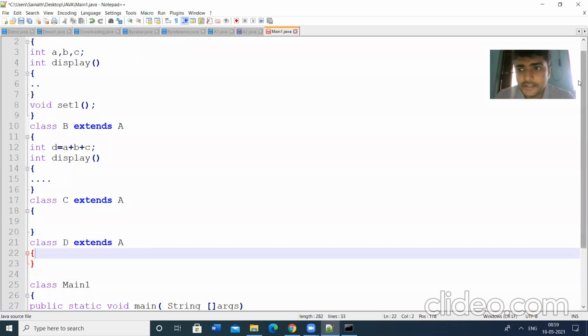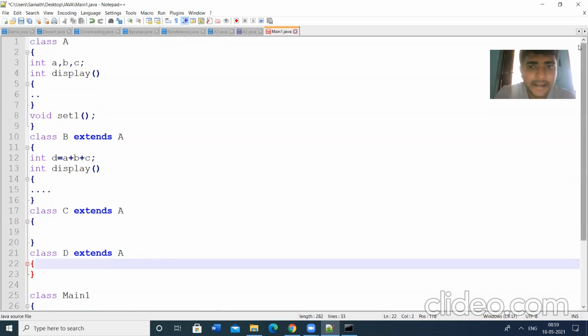We have also seen multiple inheritance, which is not directly supported by Java. By using the concept of interfaces, we can implement multiple inheritance to some extent.